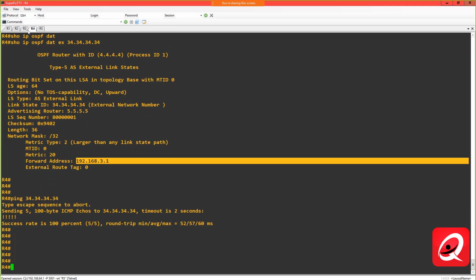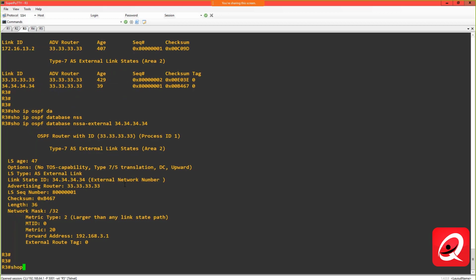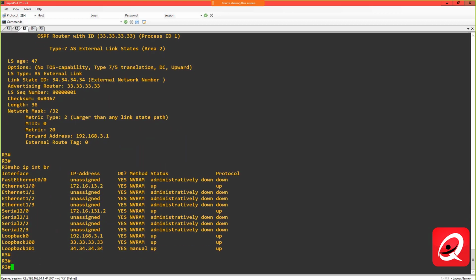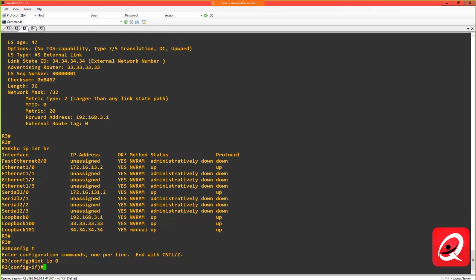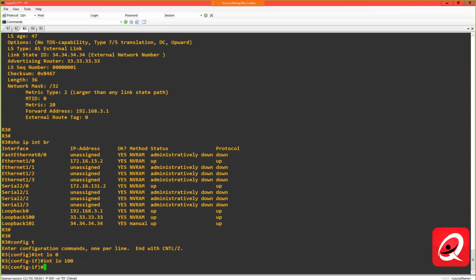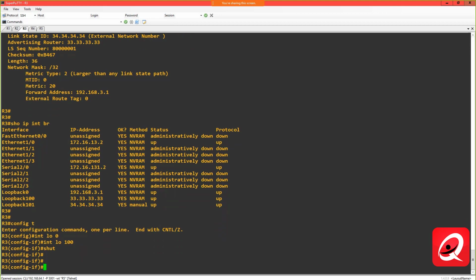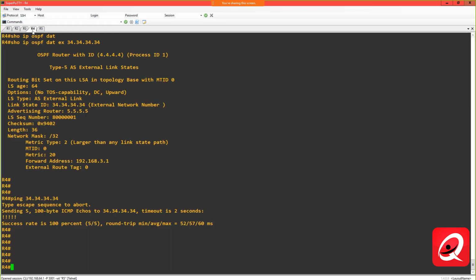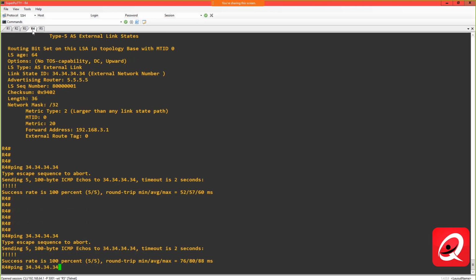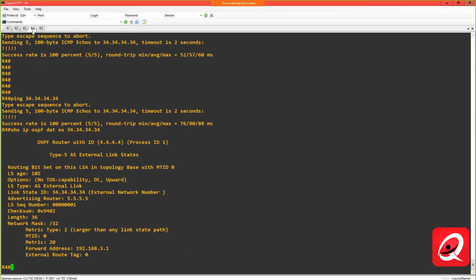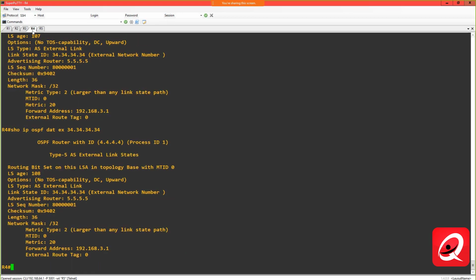Because I did create a new loopback on router 3, show IP interface brief. Loopback 101 is the newer loopback. Loopback 100 is the older loopback. So if I come into interface loopback 100 and I shut that down, of course I'm going to lose my 33 subnet. I still have reachability to 34. But what I'm wondering is whether or not